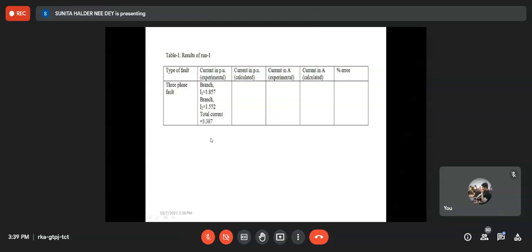What will be the scale factor? If the voltage is 1 per unit equal to 10 volt and the resistance is 1 per unit equal to 10 kilo ohm, then what will be the current? 1 milliampere equal to how much per unit, or 1 per unit equal to how much milliampere? Point one. 1 per unit equal to 1 milliampere. So it will be simple, right?